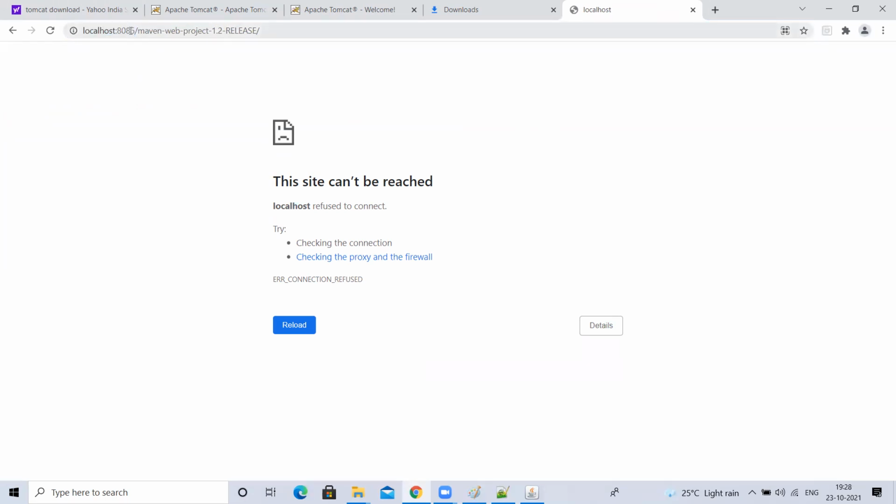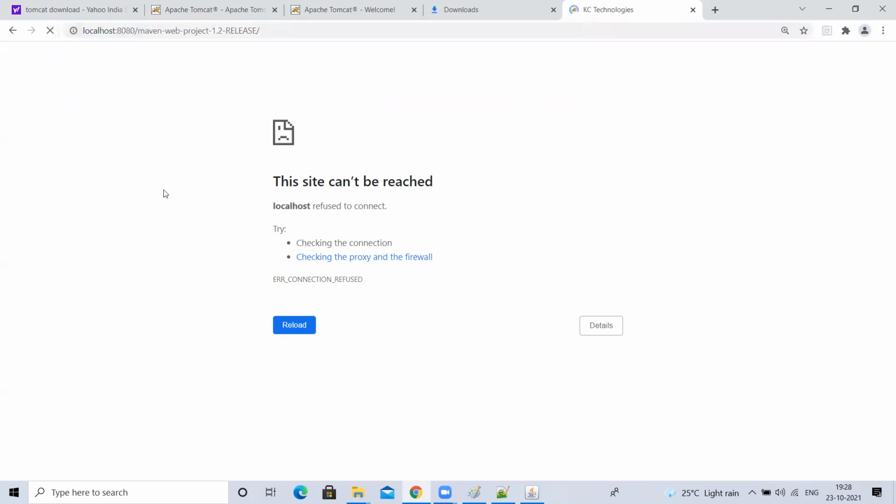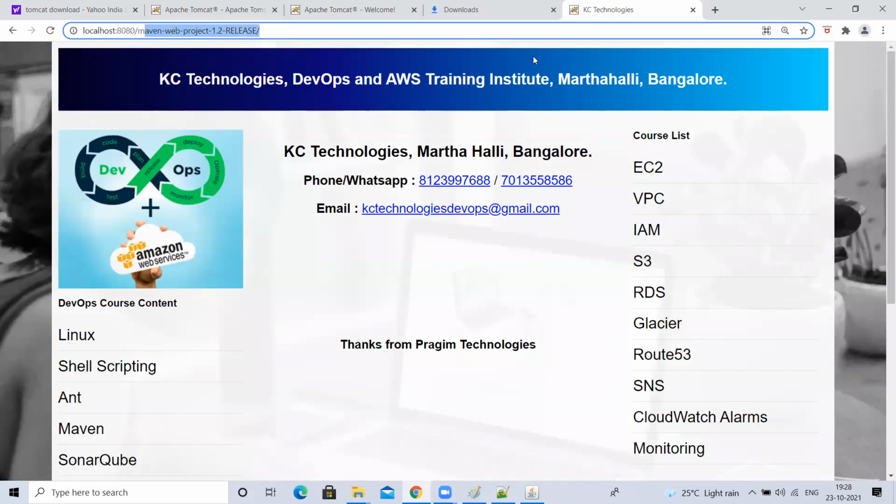But if you use 8080 here, there is a server to accept the request, but inside that server there is no proper URL, means there is no proper application to accept the URL. That's why it will give 404. But if you give a wrong port number itself, means there is no server to accept the request, so your browser itself will throw error. So this is a browser error, whatever you have seen.